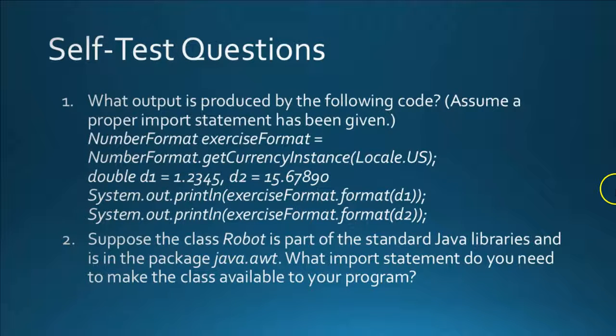All right, let's move to self-test questions. Number 1. What output is produced by the following code? Assume a proper import statement has been given. NumberFormat exerciseFormat = NumberFormat.getCurrencyInstance(Locale.US); double d1 = 1.2345, d2 = 15.6890; System.out.println(exerciseFormat.format(d1)); System.out.println(exerciseFormat.format(d2));